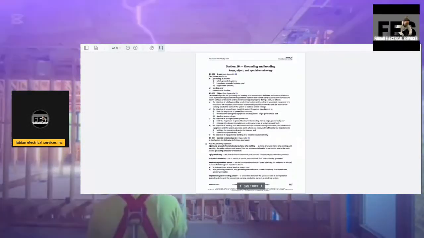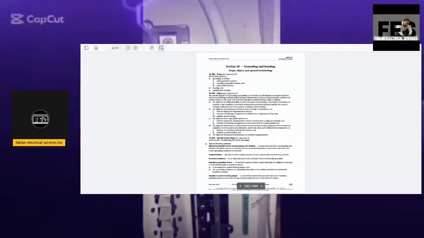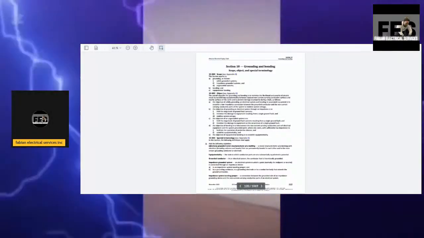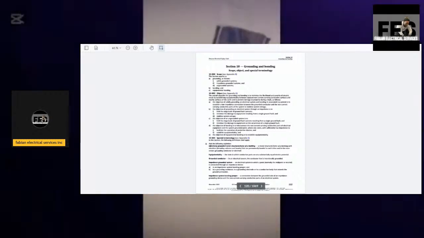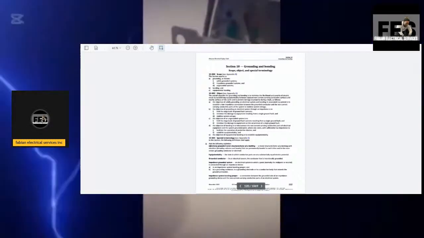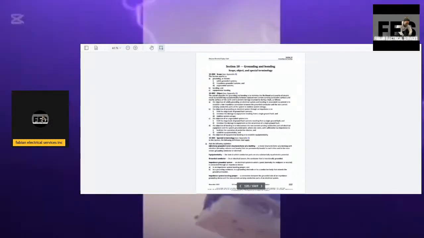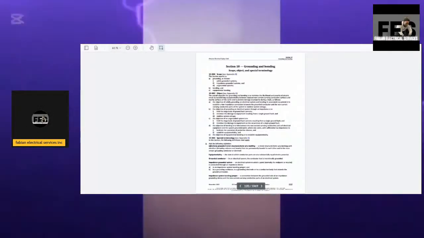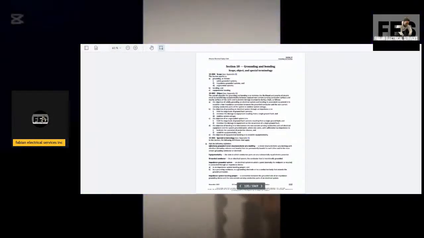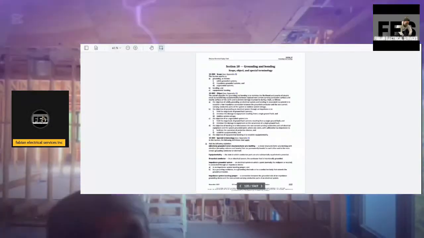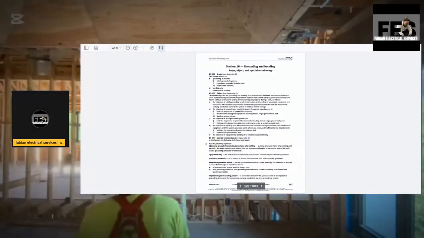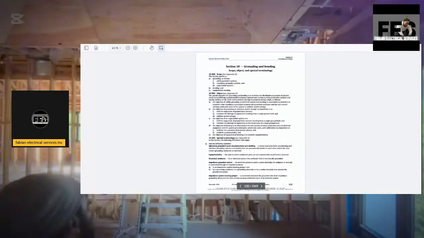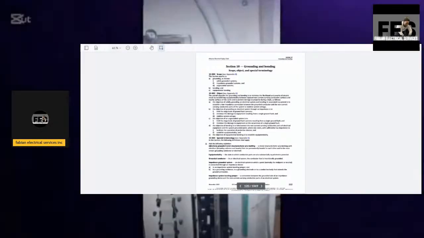The objective of bonding is to interconnect the non-current carrying conductor parts of the electrical equipment and the system grounded point where one exists with sufficiently low impedance to facilitate the operation of protective devices. Sorry, I'm just having issues seeing the actual full word. And